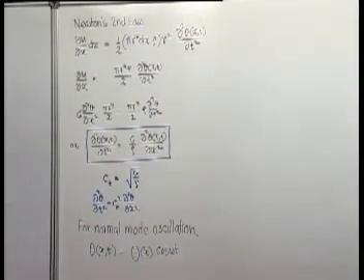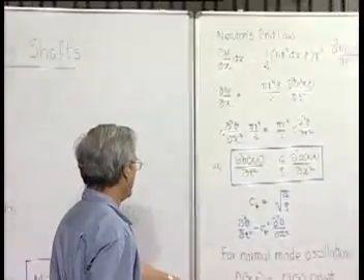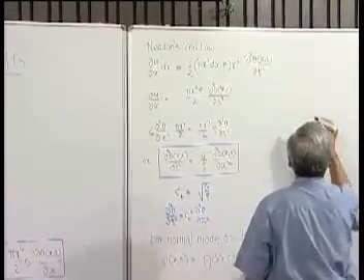It can be cosine omega t or sine omega t. And if we substitute this here, we get